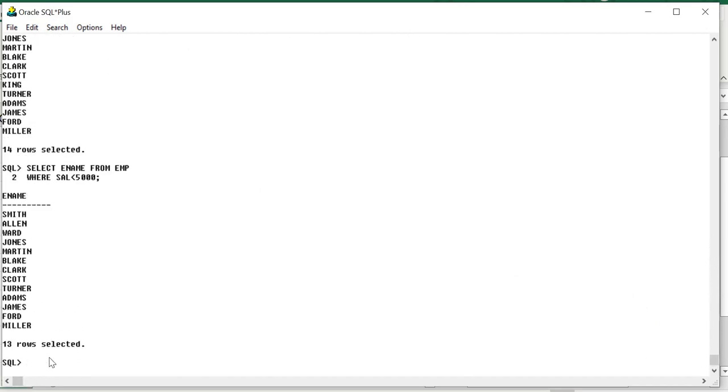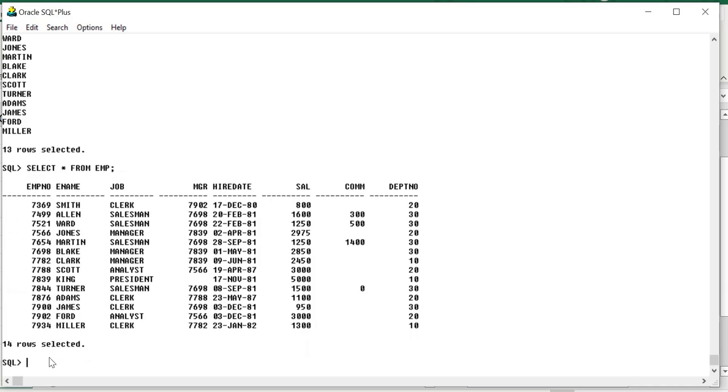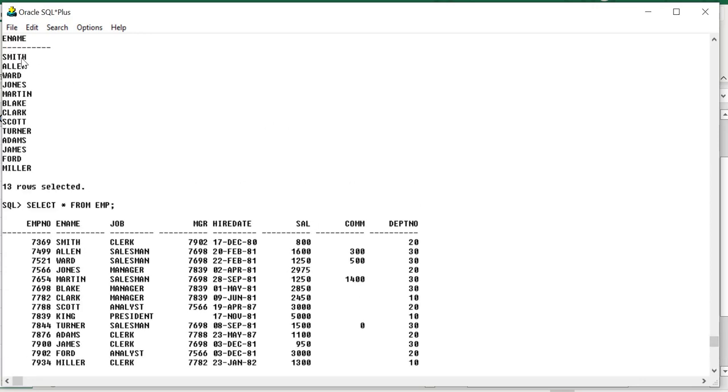Otherwise I will execute one more time. Yes, 14 rows are there. Salaries like 800, 1600, 1250, 2975, 1250 are all less than 5000, except King. So in the result, except King, all the names are shown. Got it?